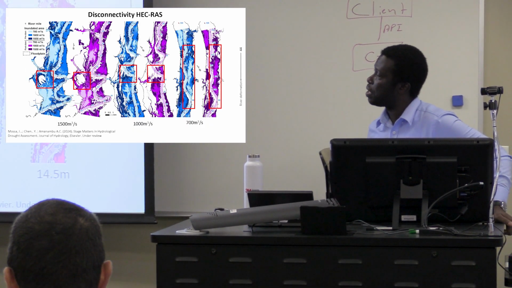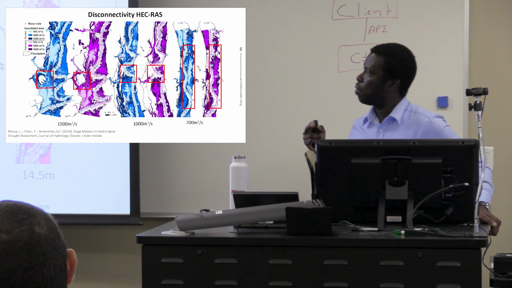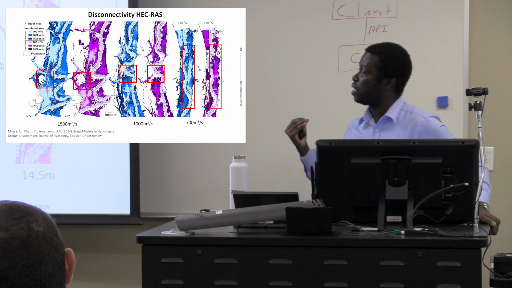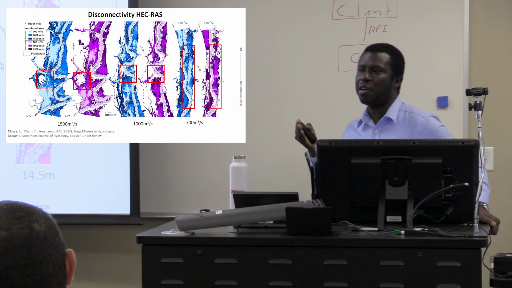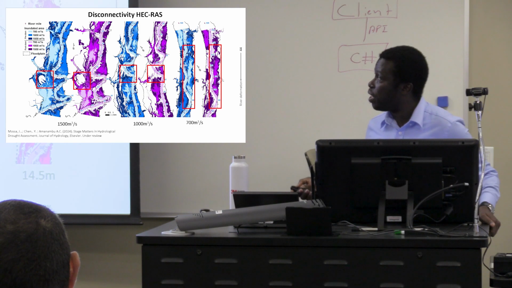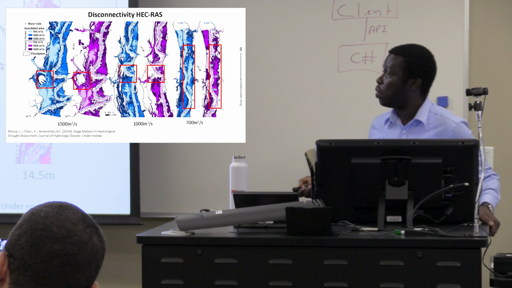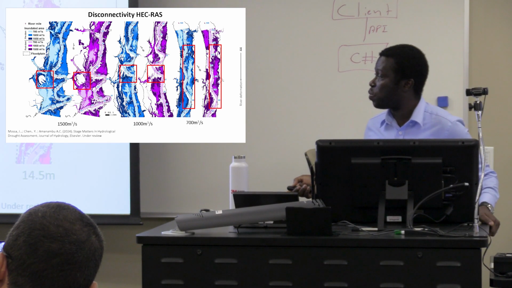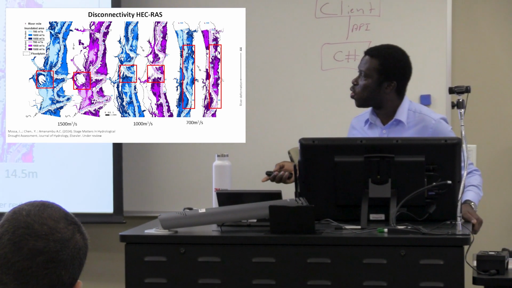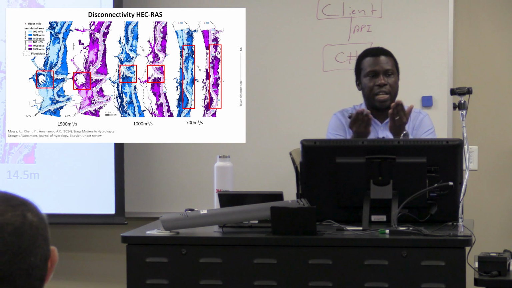When you look at connectivity, thinking about our HEC-RAS model, look at how the different water levels affect connectivity of the channel. So you see at 19.3, which is at 1500 cubic meters per second, this is pre-dam and this is post-dam. So you see there are differences in stage height. And you also see not just differences in stage height, also in the inundation, reducing connectivity between the main channel